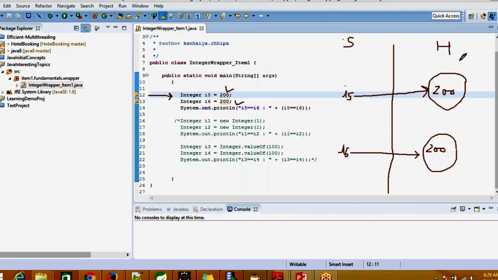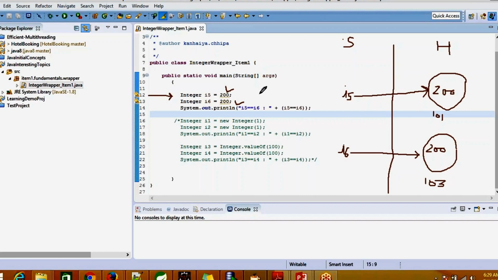Now imagine these two objects in the heap have different addresses. Let me put up some hypothetical addresses over here. Say the address of the first object is 101, and the address of the second one is let's say 103. Any hypothetical numbers I am taking.